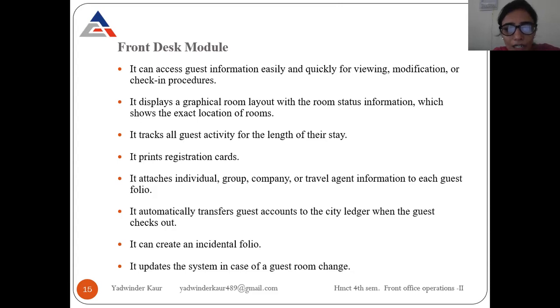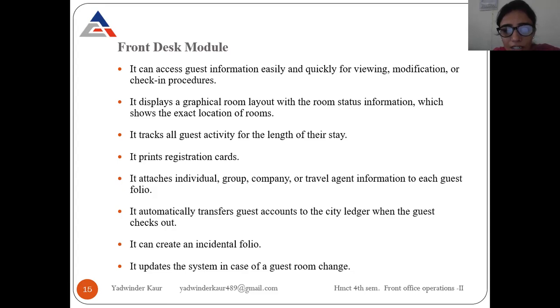It automatically transfers guest accounts to the city ledger when the guest checks out.